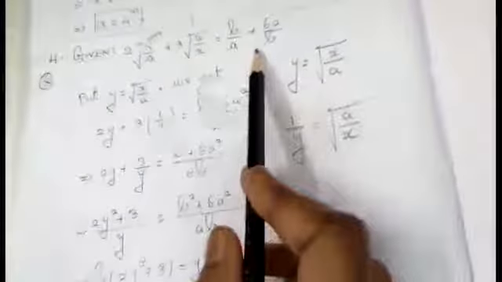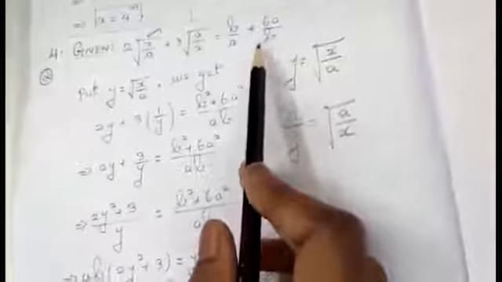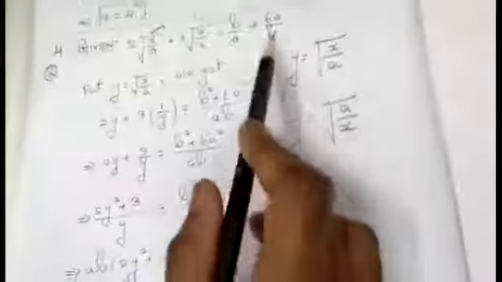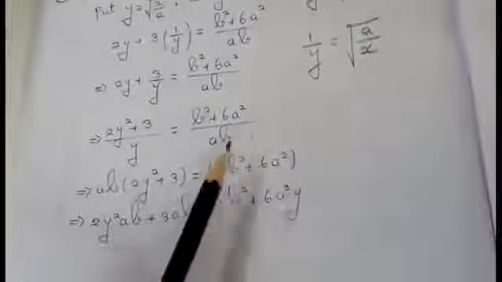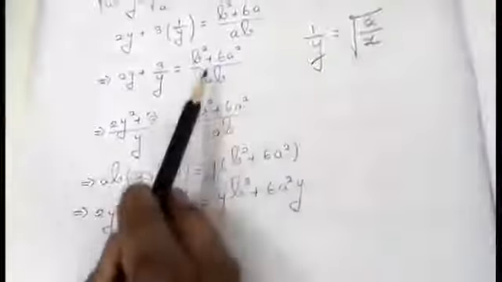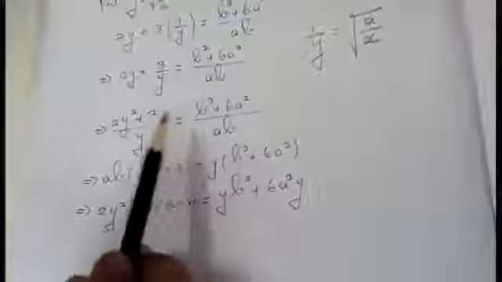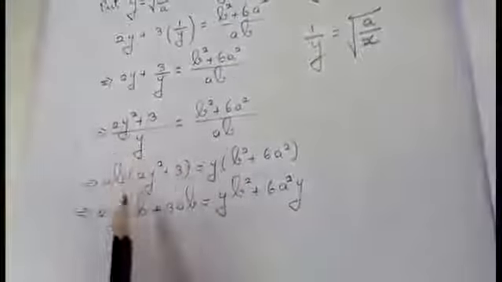2y plus 3 into 1 by y equal to, this I am taking fully as constant, that is the left hand side. Right hand side I am not disturbing the value. On the right hand side I am just doing the calculation, cross multiplying the terms. After doing the calculation, I am going to bring this into the form of a quadratic equation. Right hand side part I am keeping as it is. Still now I didn't disturb the right hand side. After bringing it in this form, I am just cross multiplying the terms.